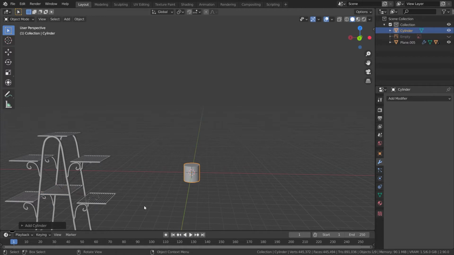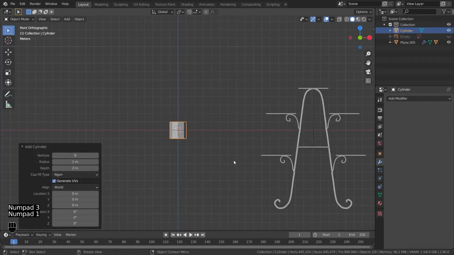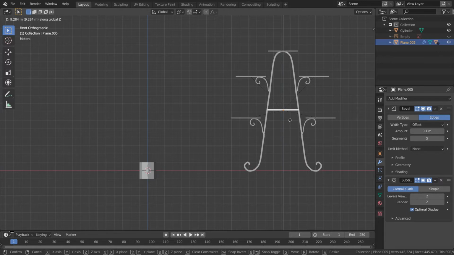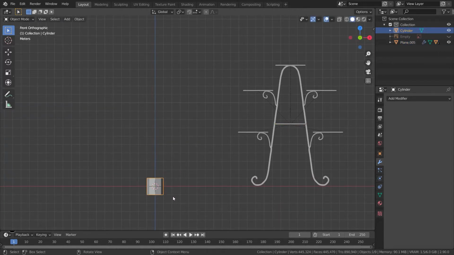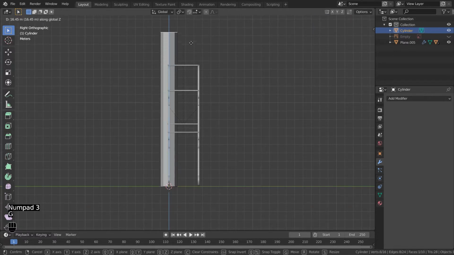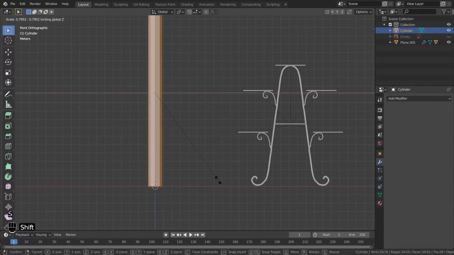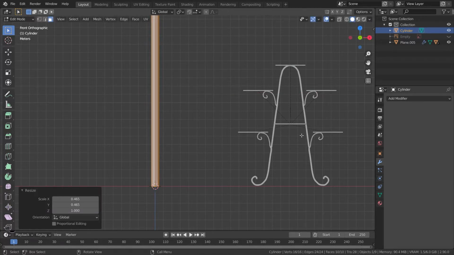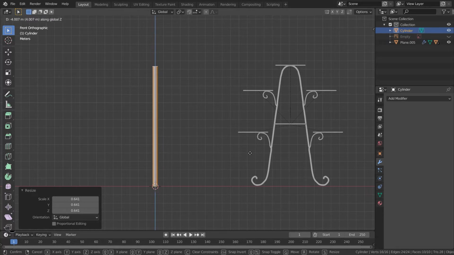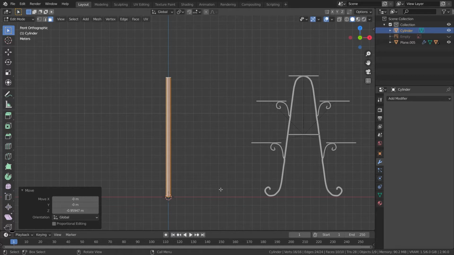So for adding a stem, we will add a cylinder, and we will set the vertices to 8 for the cylinder, and let me move this one up, and we will use G Z. We take this, move it up, and after that we hit S for scaling it, and S again, G Z, S Z. I think it's good, and now we will add some loop cuts to it, but maybe we can make it a little bit thinner,